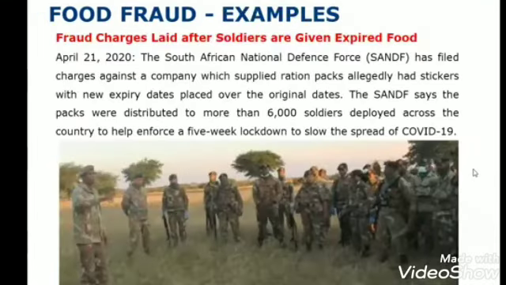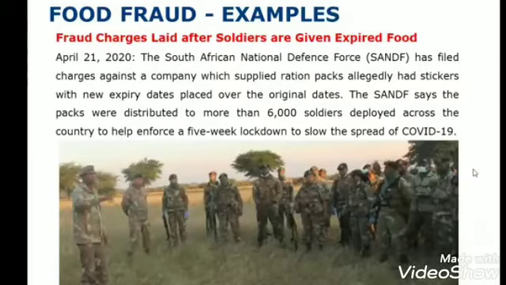Now I will share a very interesting example, so you can have an idea of how these people are playing. Nowadays the Corona situation is going on, and this news came in front of my eyes, so I picked it and put it in the slide so that you can see that people always think from a criminal aspect, and they only have economic motivation in their minds. They never care about the health of the security people who are saving us from this COVID situation.